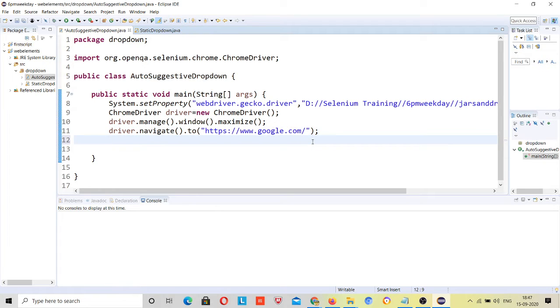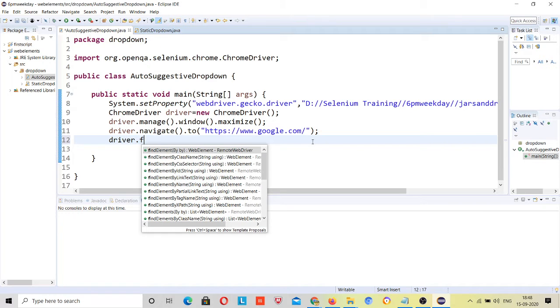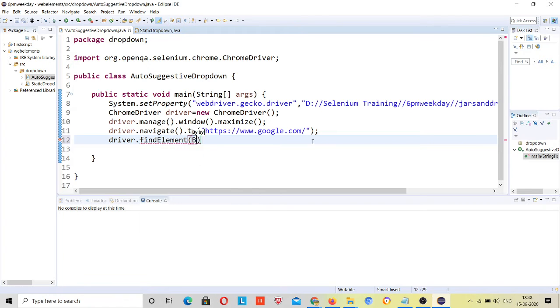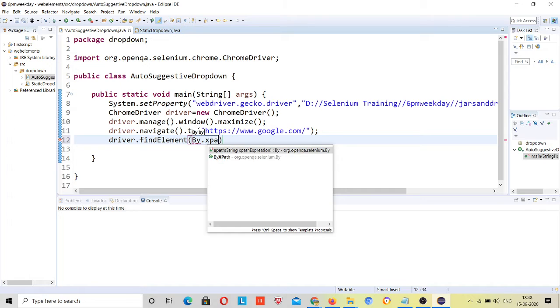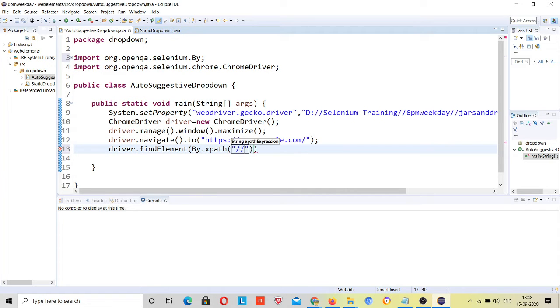Okay, now you need to write the locator: driver dot find element by dot xpath, double slash input and same at the rate name is equal to q, right? And here you can send.